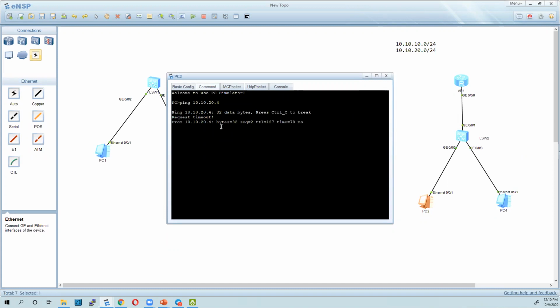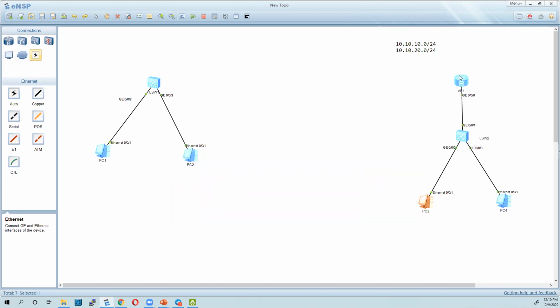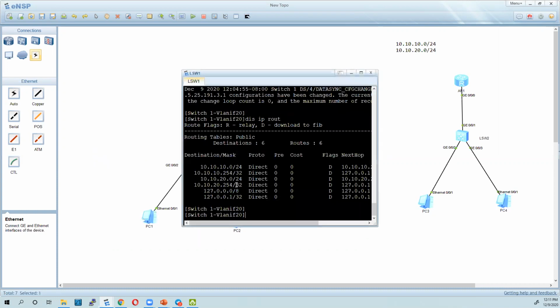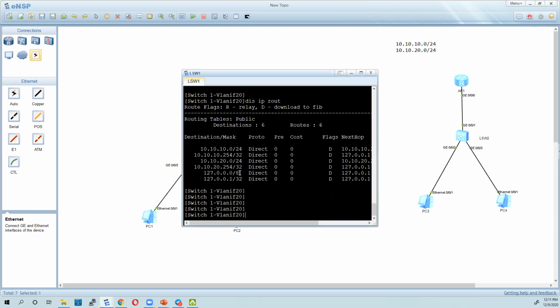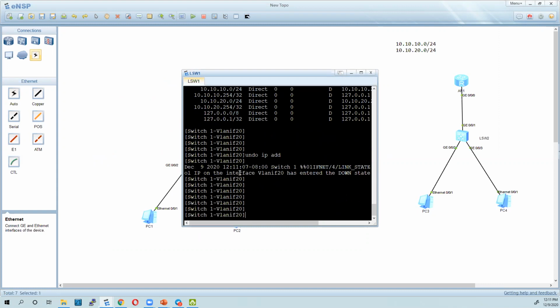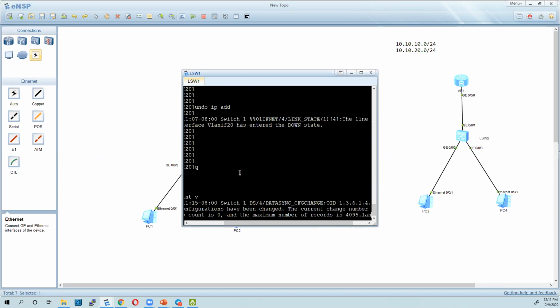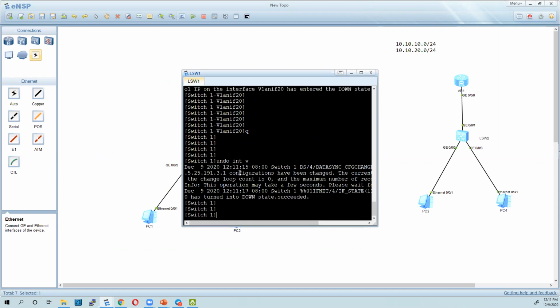That is what we do for real physical interfaces. Now, let me once again assume this is a layer 2 switch. So I'm going to get to this switch and remove the IP address from Vlanif 20, and then undo interface Vlanif 20, deleting it.